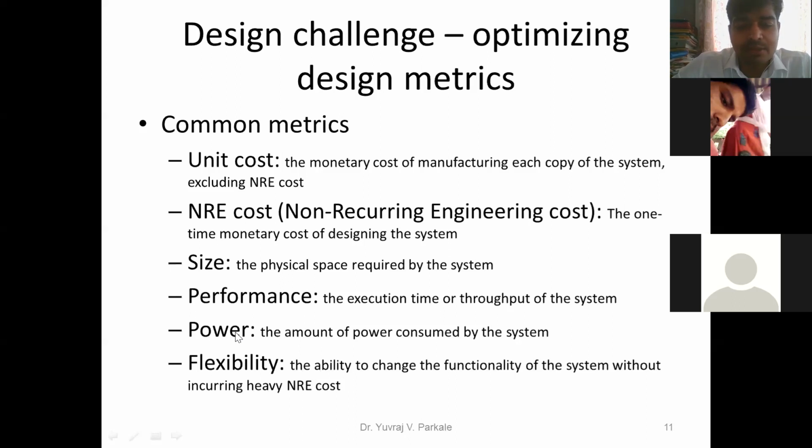Because embedded systems are not working on a power supply, but rather on a battery, and battery life is again limited. So you have to consume very little power to execute a given task. Okay, so this is also one of the challenges. Now I will come to the last point, that was asked by Harshada.